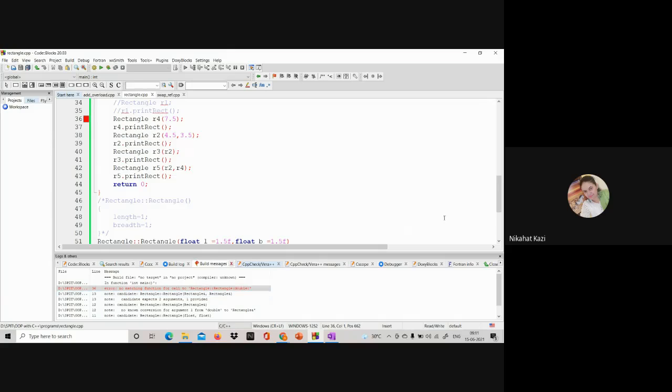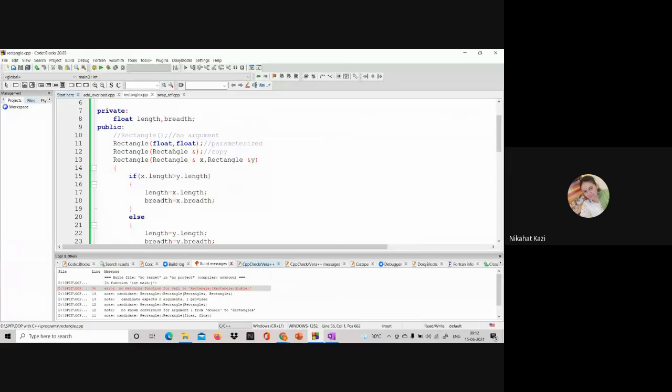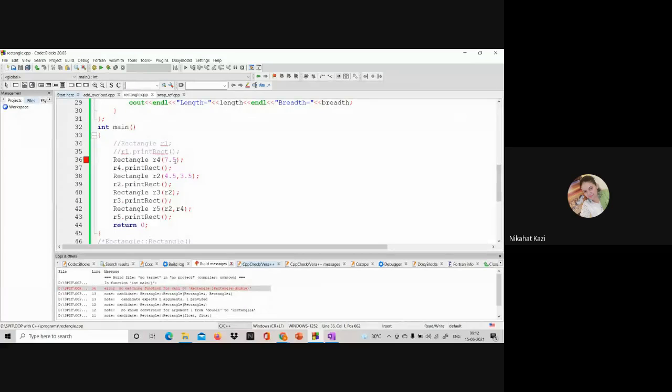So it is assuming that, and it has not found that here in the declaration, because here I have not mentioned the default parameters. Yes or no? Had I mentioned the default parameters, it knows that I can pass a single value here. I can have a constructed object which has a single value. Fine. So that is why it was giving that error.